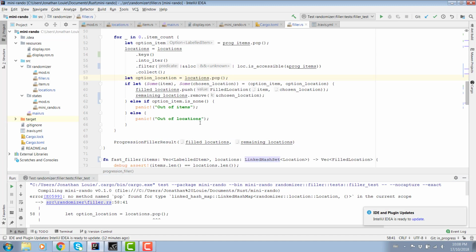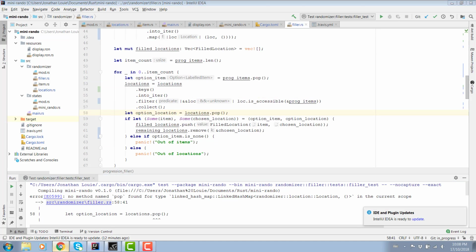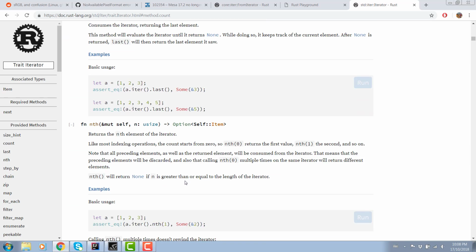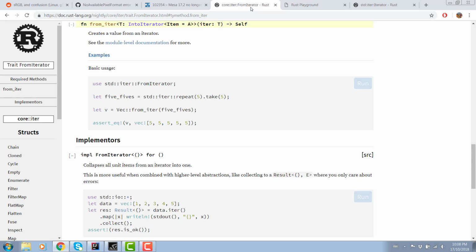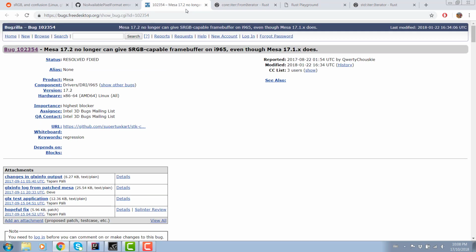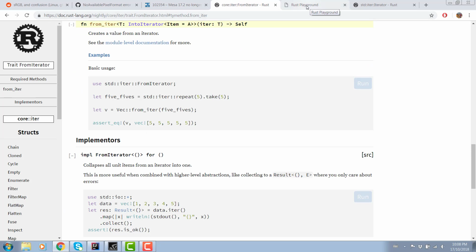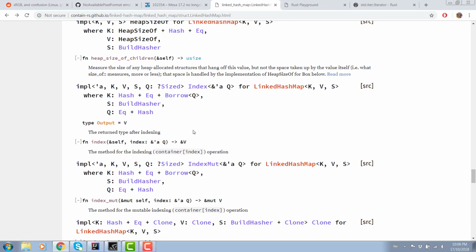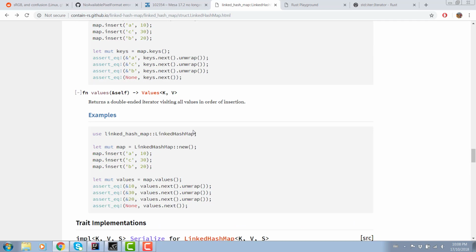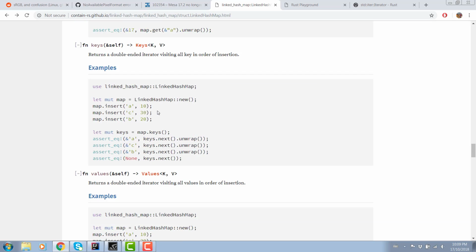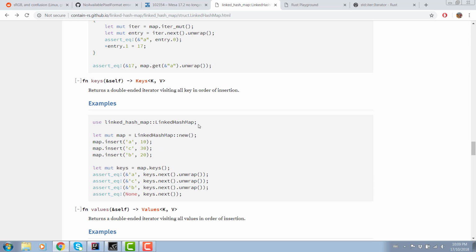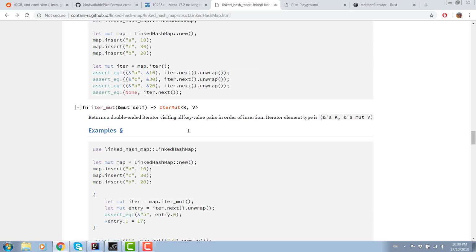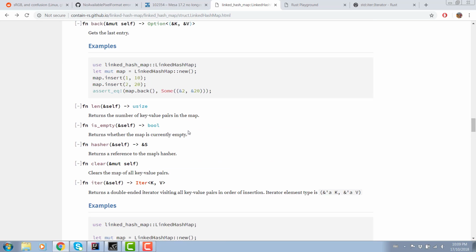Oh, and I can't pop. Alright. There is an equivalent. I think it's called first. Where is it? Where did all my documentation go? Was it this one? Yeah, it was this one. LinkedHashMap. What can I do with you? I should be able to get the keys as well. I know I can. Yeah, see? Map.keys. It's definitely a thing. They don't have any other traits imported, so... Yeah, I don't know.